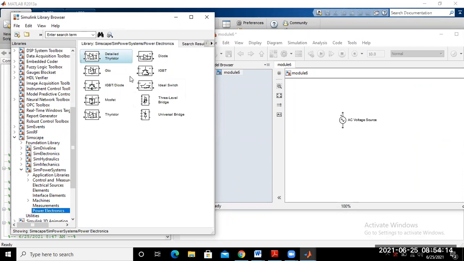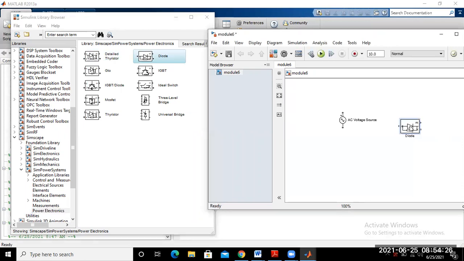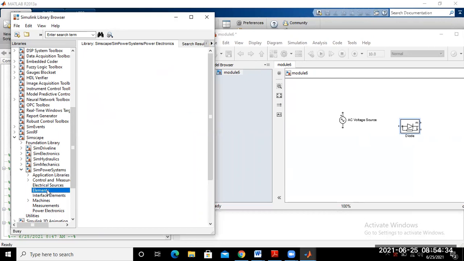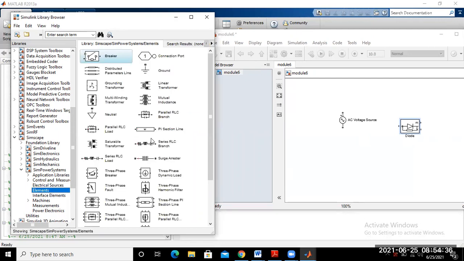All different types of switches are available here. According to our requirement, we choose one switch, that means diode, and drag it to the workspace. And next, what is our requirement? Load. So go to the elements and take this series RLC branch, and drag it to the workspace.